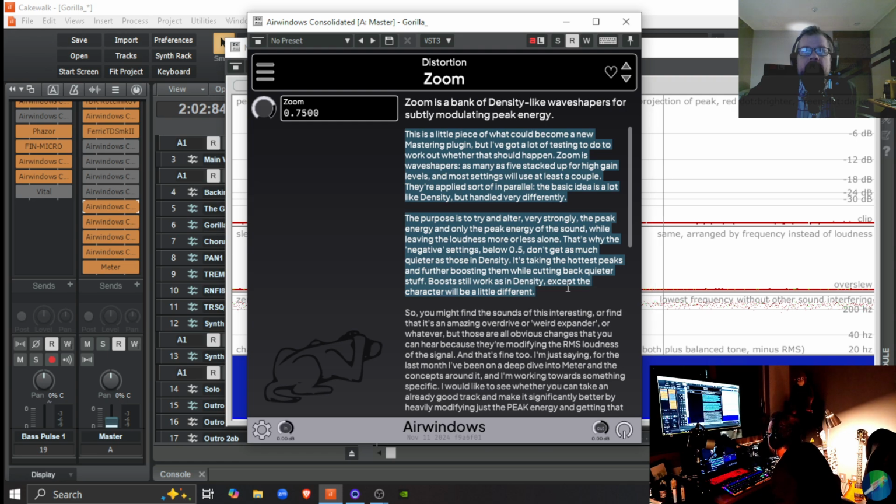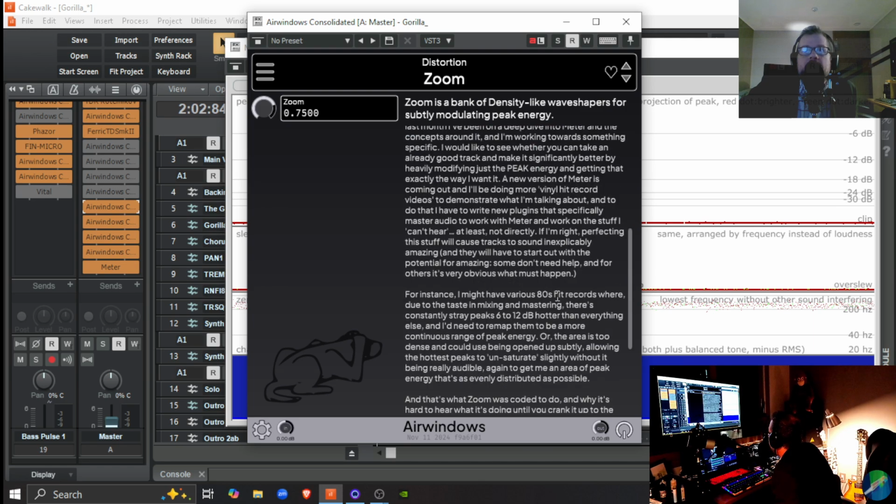That's why the negative settings below 0.5 don't get as much quieter as those in Density. It's taking the hottest peaks and further boosting them while cutting back quieter stuff. Boosts still work as in Density, except the character will be a little different.